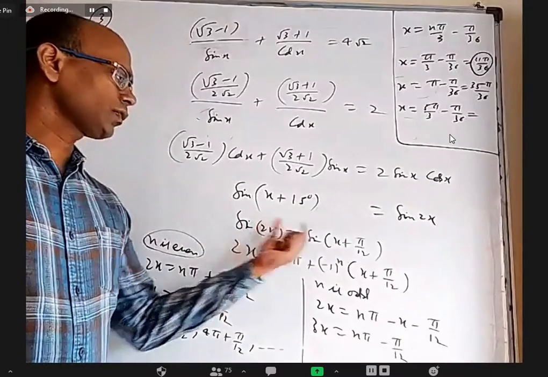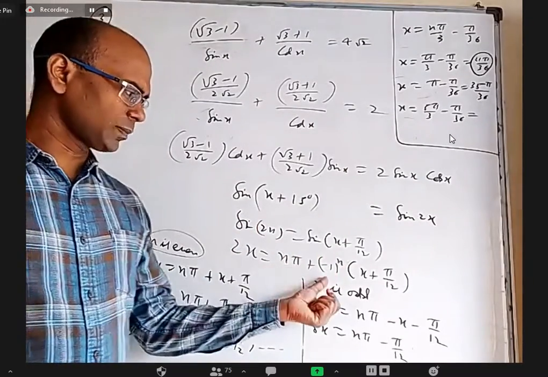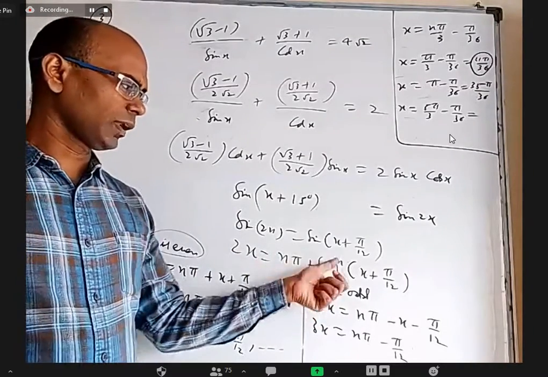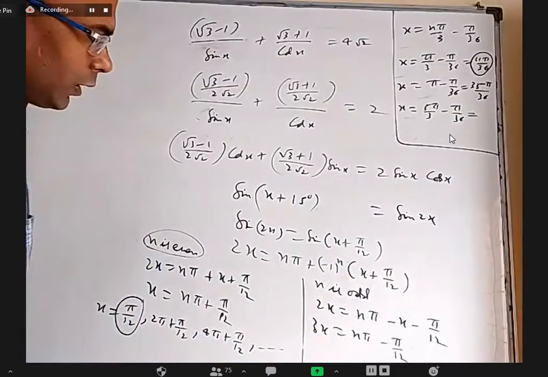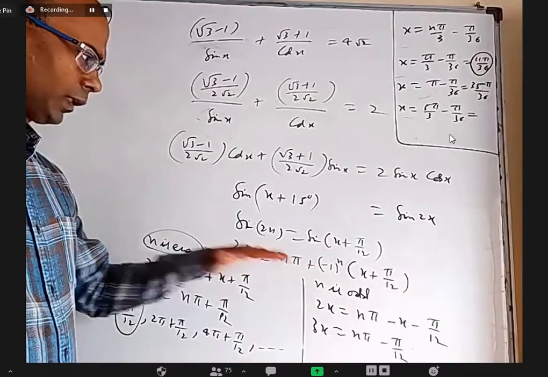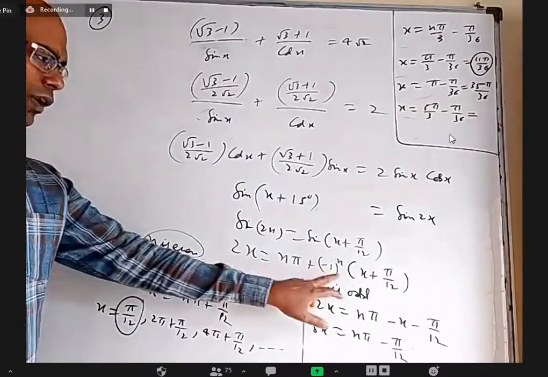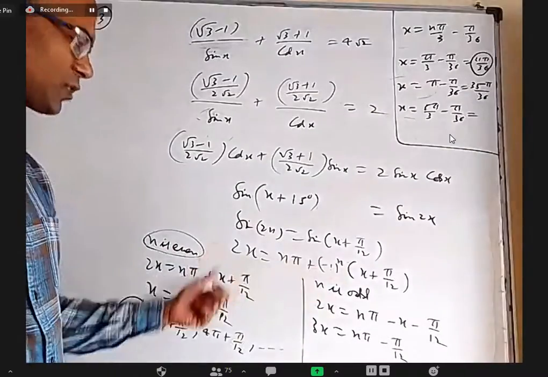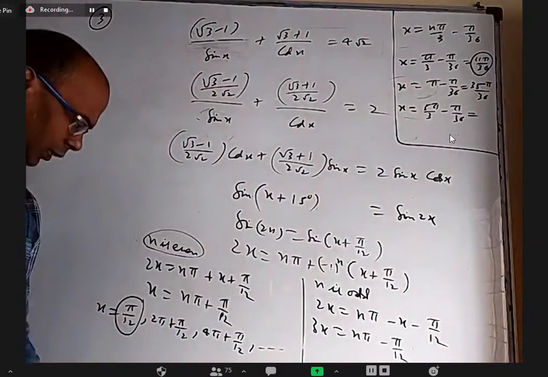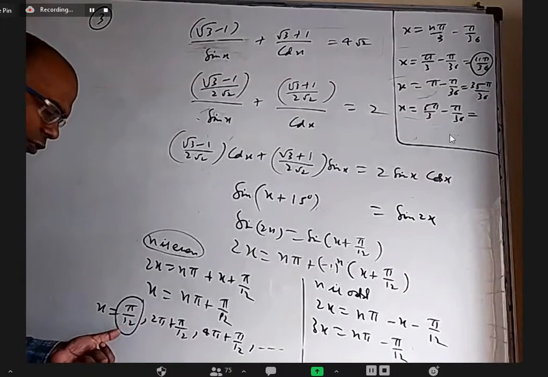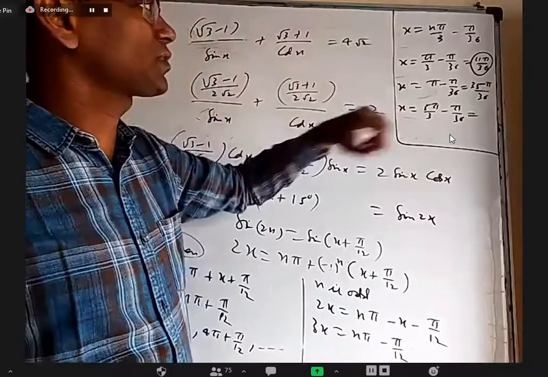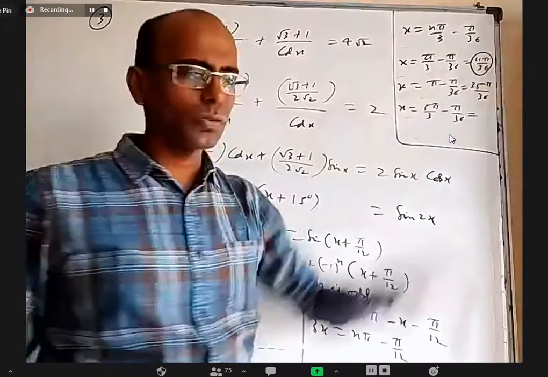Now, sin A equal to sin B, A equal to n pi plus minus, sin x equal to sin alpha, x equal to n pi plus minus 1 whole power n into alpha. That is the formula we have. Now, this x has to be brought to this side. So, for that, I am taking even and odd because one time it is plus 1, one time it is minus 1. In this, I got many answers, but between 0 to 90, only one answer. Here also, I am getting many answers as I am putting odd numbers for n, but in that, only this is between 0 to 90.